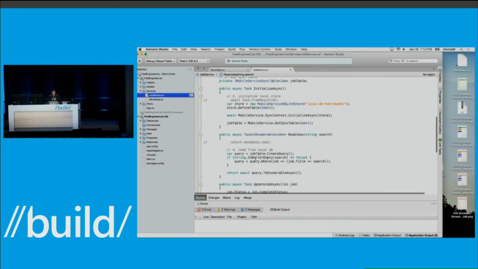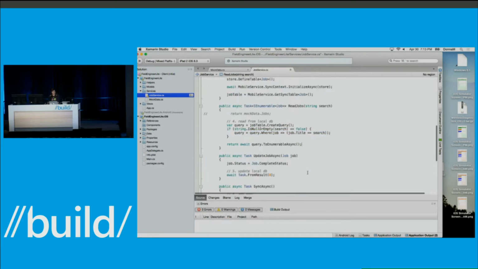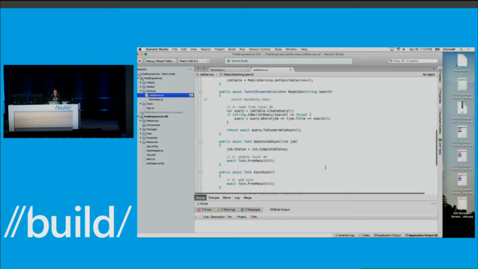is I'm going to read from the job table, and this particular method supports a search, so it's going to do a query on the local SQL database and then return the result. But this is all doing a local read, which is really important because you, as an app developer, don't want to write really complicated logic to decide where to read from, depending on whether you're online or offline. Instead, what you're going to do is write code that works against the local store, and then based on your app's logic, you're going to decide at what point you want to synchronize the changes with what's in your actual mobile service. So this gives you a ton of control,